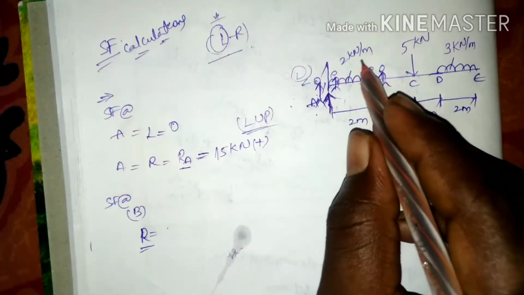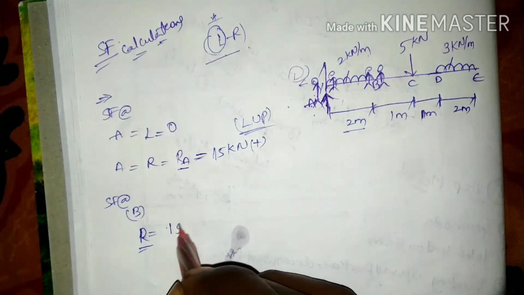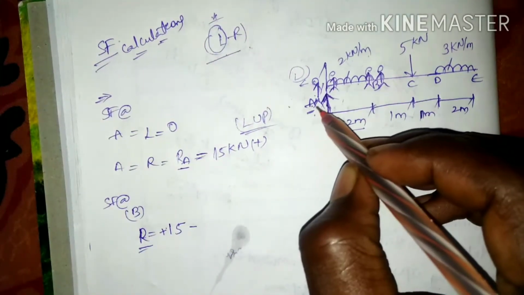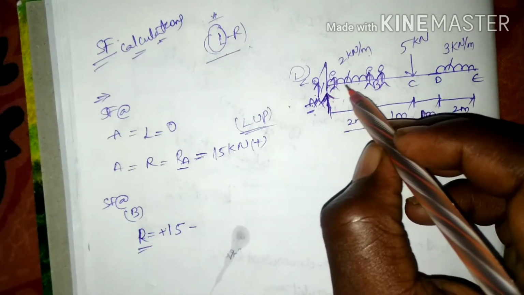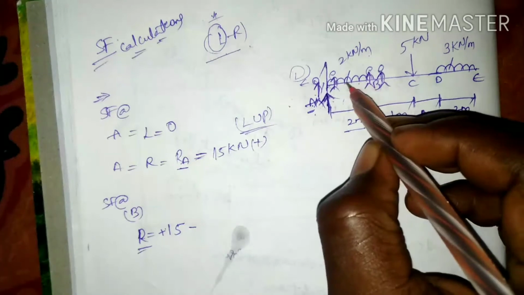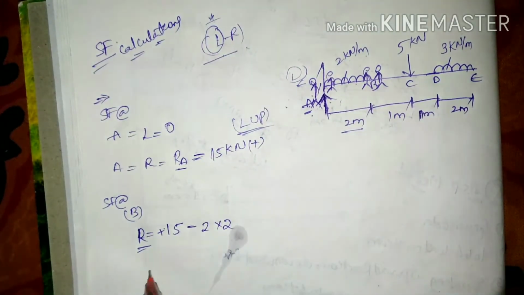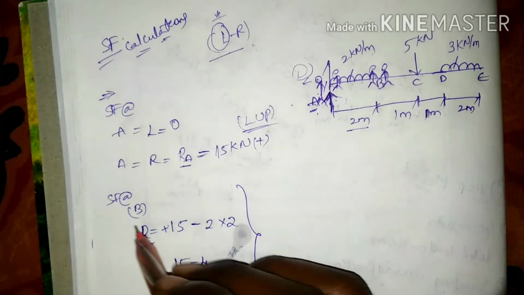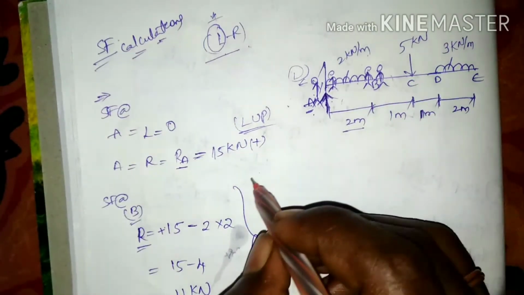This is 2 kilonewtons per meter and it acts over 2 meters. So 15 positive, and minus, because we are taking from A, 15 is RA, and thereafter going to the right side of B, we find the UDL, that is minus 2 into 2 meters. That is going to be 15 minus 4, so 11 kilonewtons remain at the right side of B. And thereafter moving to C,